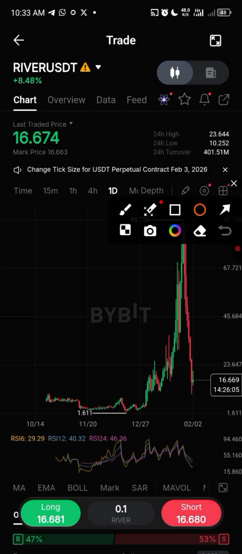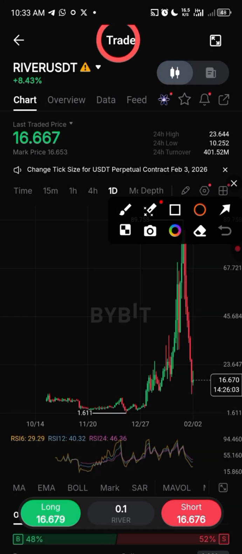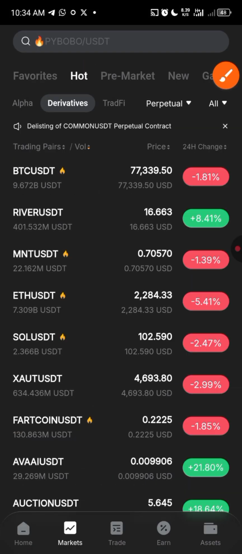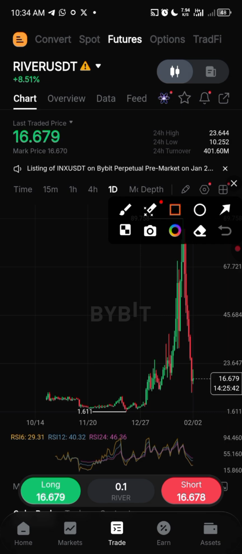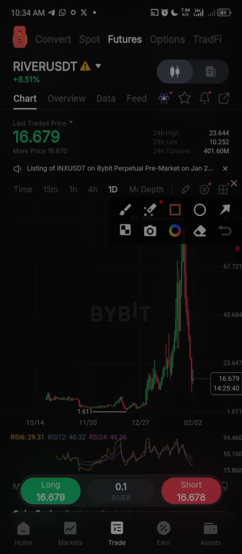You can see at the top here it says trade. So let me just close that up and go back to trade. Now if I click on trade right here, you can see River USDT is open. But this is the main difference between going to trade directly and clicking from market to go to trade. The main difference is that when you are on trade directly, you're going to see this up button,